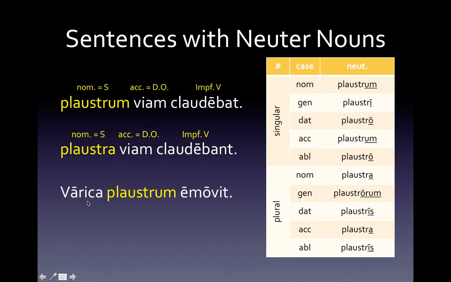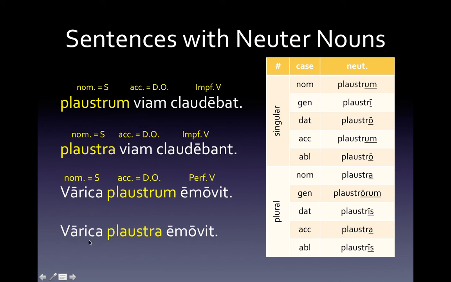Okay, write this sentence down and label it. So here we have Varica plaustrum amovit. Plaustrum, again, could be nominative or accusative singular. However, Varica, a first declension name, can only be nominative singular, forcing this over here, our wagon, to be accusative, our direct object. So nominative subject, accusative direct object, and we have a perfect verb. Varica moved away the wagon. All right, again, pause the video, copy this down, and